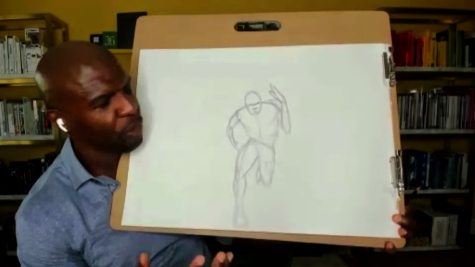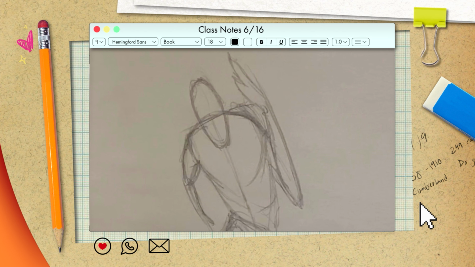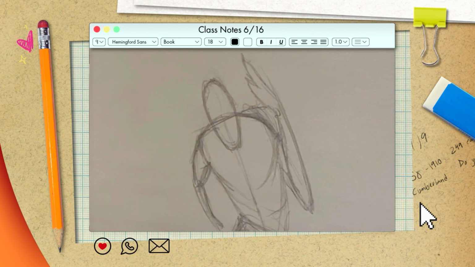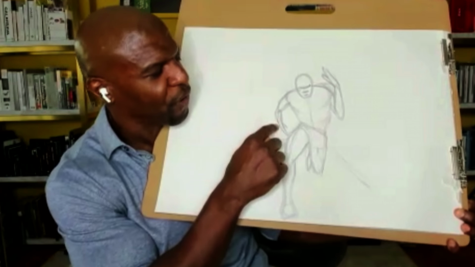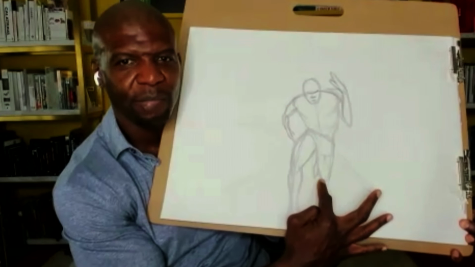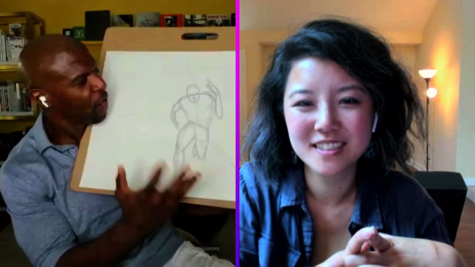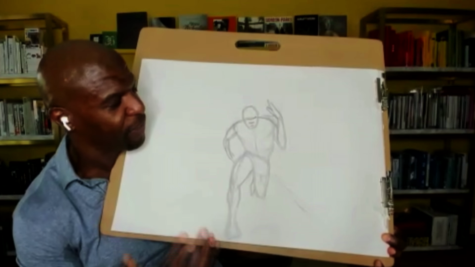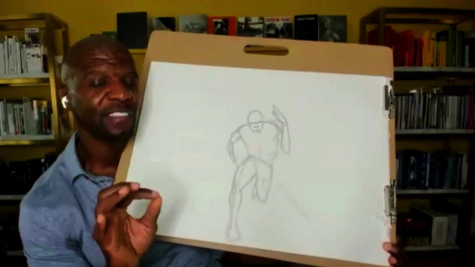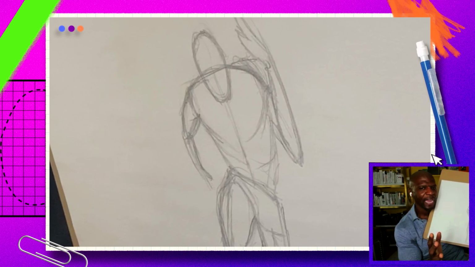When you look at foreshortening and perspective, the whole thing is he's reaching out. So the forearm is actually the biggest thing kind of coming at you. And also this chin here is the biggest thing coming at you. And the arm is further back and this leg and foot is actually hiding behind the other one. And I love what you said about dealing with rectangles, circles, triangles, the whole thing. This is all that right now. And this is basically a stick figure that you build on top of. And let me tell you, when you really get it, it almost doesn't matter what he looks like, because if the foreshortening and perspective is right, people believe it.